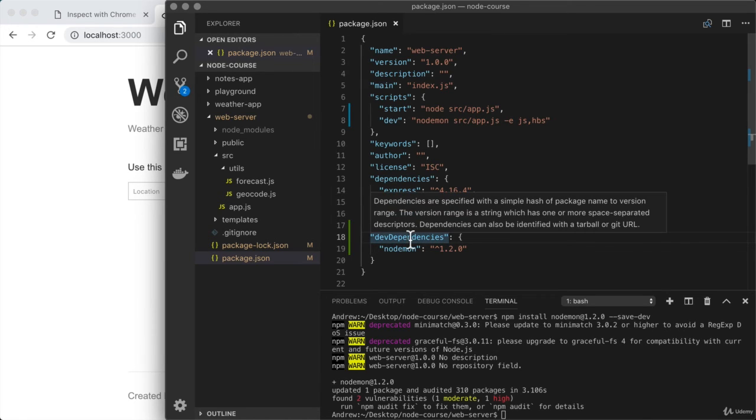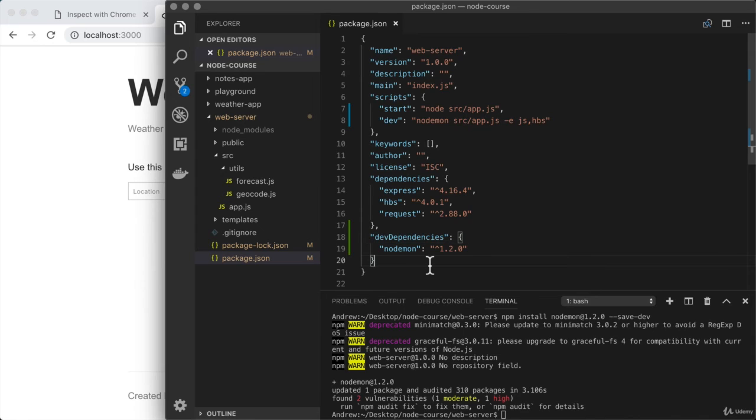Dev dependencies are dependencies you only need on your local machine while you're developing. These dependencies aren't installed in your production environment, which means that nodemon is not installed on Heroku, and that's okay. Heroku never uses the dev script, Heroku just uses that start script. By adding nodemon as a dev dependency, we're saving time, preventing Heroku from having to install things it's not going